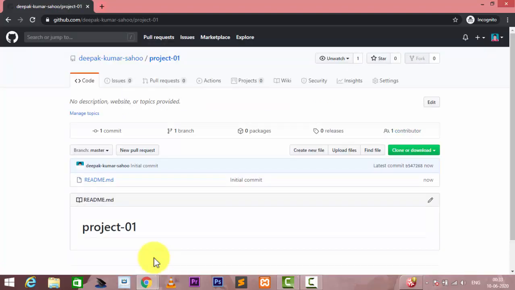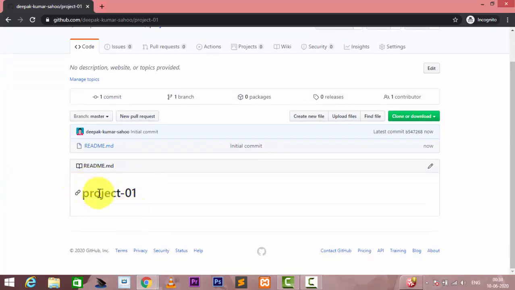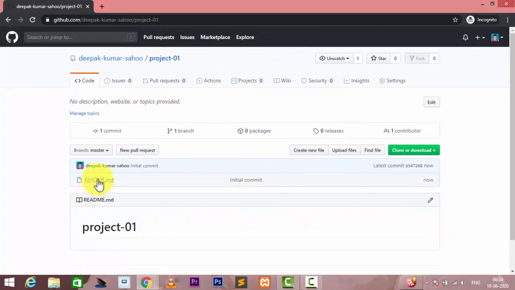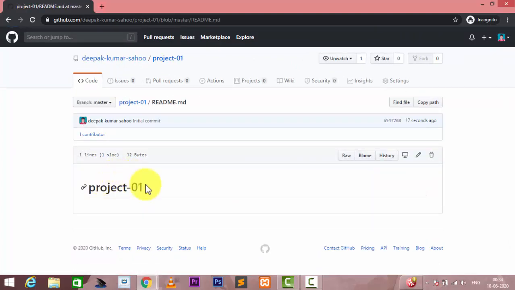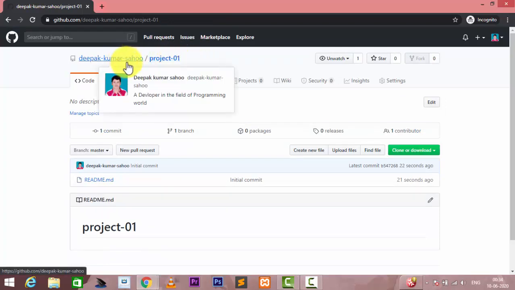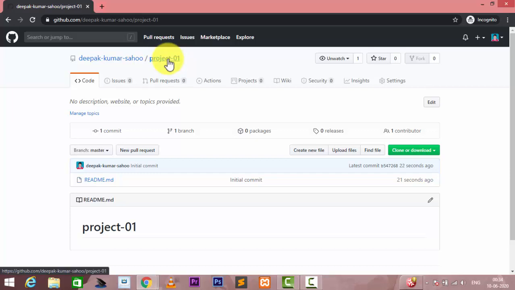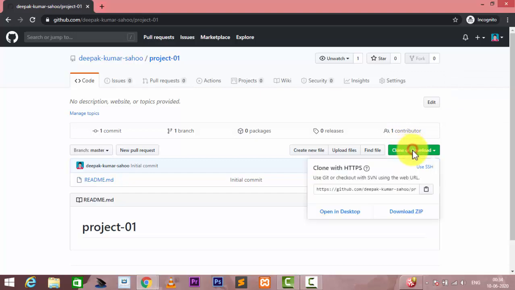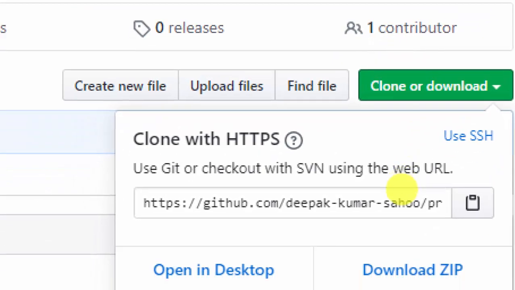So this is my first repository. You can see that all my content will be showing here. My readme file, inside the readme file we see that this is the project here. You can change it, no problem. If I click on that readme file, there is no content here, because it is only used to create the file. In this folder we have the project file basically. And if you want to clone or download it, you can click on download, no problem. This is the total content here.